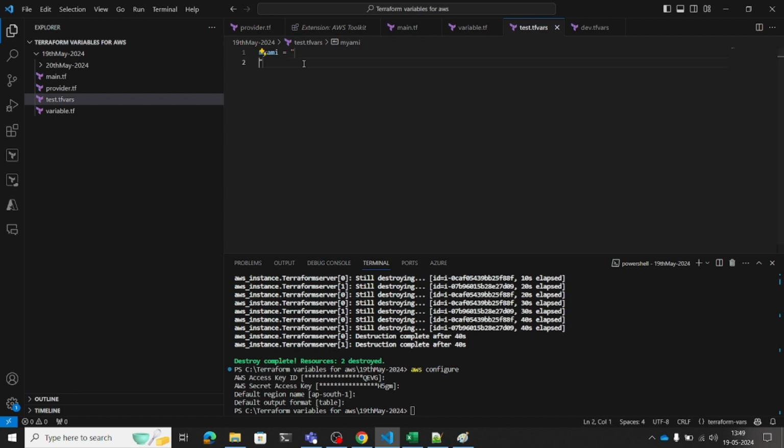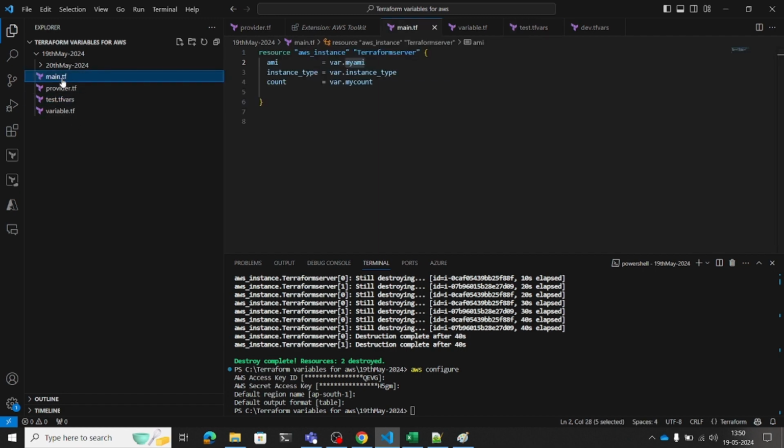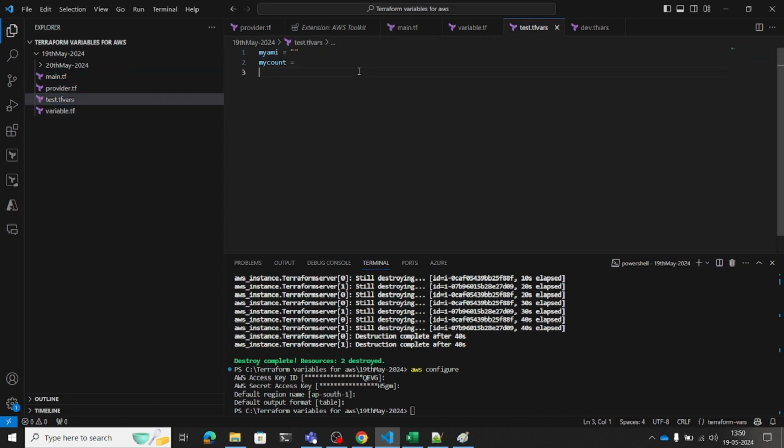Then after that we need to write my count, right? We have mentioned count, and for instance type we have written instance type. So for my count I'm writing 2,